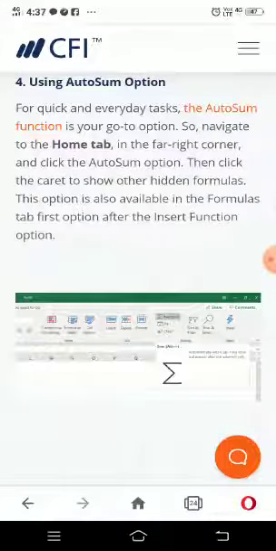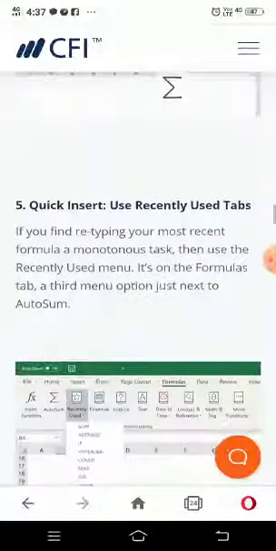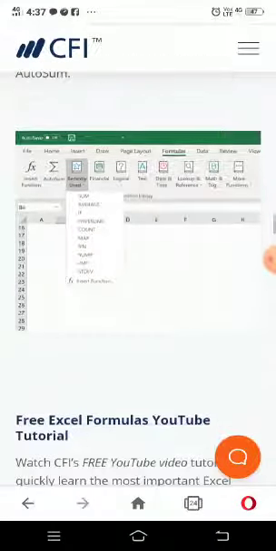This is a simple task. It is used for the addition operation. Recently used function names are also available in the Recently Used option. Thank you.